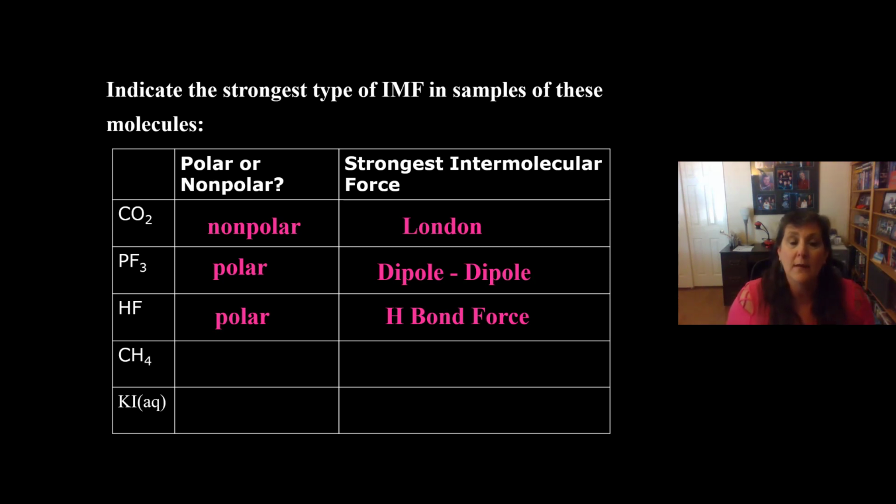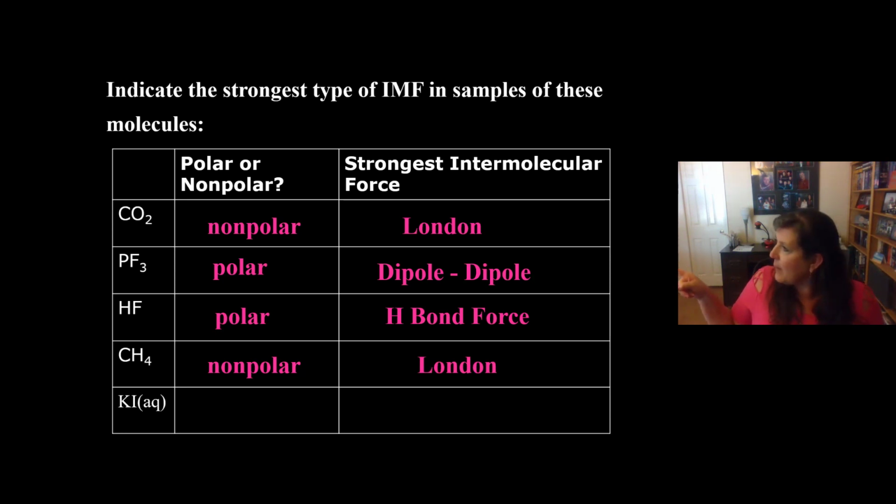The fourth example over here is CH4. That's a hydrocarbon. It only has CC bonds. So if you're bonded to yourself, you are nonpolar. And it has some CH bonds. CH bonds are nonpolar as well. So anytime you have a hydrocarbon, it's nonpolar. You don't have to do the Lewis dot structure. Don't waste your time. CH compounds are always nonpolar. And what's the strongest force that goes with nonpolar? You're correct if you said London dispersion forces.